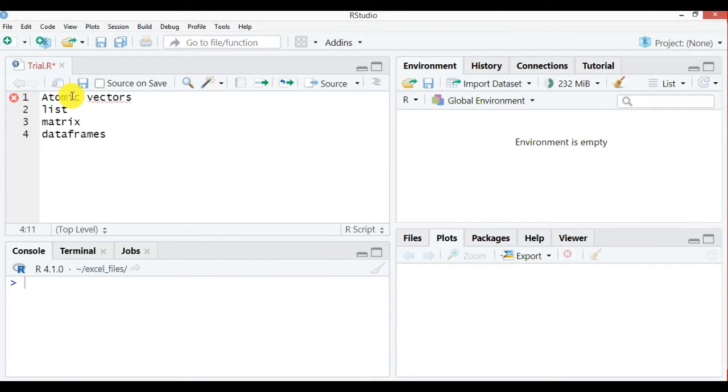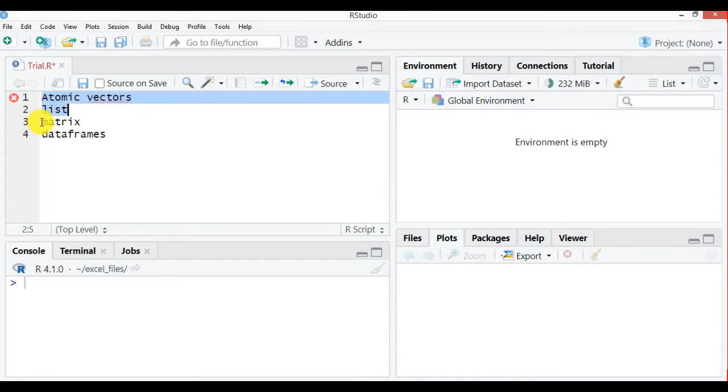So R provides two types of vectors. One is atomic vectors and the other one is list. These two come under vectors. The difference between these two is that an atomic vector can have elements all of the same type, while the list can have elements of different types.